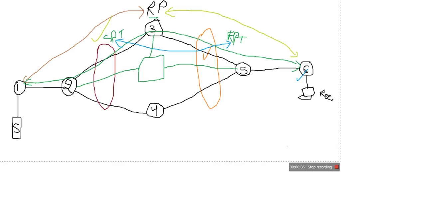Now this middle path from the source, or first hop, was the best path to reach, right? So traffic was flowing through router 1, 2, 3, 5 and 6. This was the SPT. Now there is a change in unicast routing, in those timers,